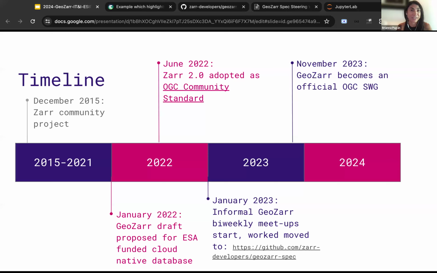So again, I'm making the distinction that Zarr is nothing inherently geospatial. That was adopted as an OGC Community Standard, but not a geospatial specification because nothing was really unified, right? It was just one person kind of putting some information in a repo and leaving it there. Fast forward 1 year later, January of last year, I had basically reached out to the Zarr community because at